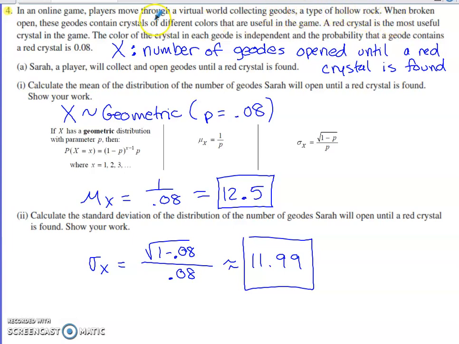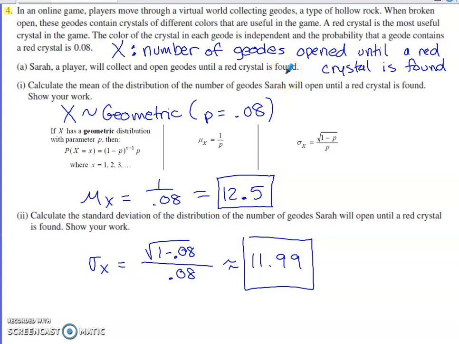When they open these geodes, they're going to contain crystals of different colors that are useful in the game. A red crystal is most useful in the game. The color of the crystal in each geode is independent, and the probability that a geode contains a red crystal is 0.08. So Sarah's a player in the game, and she's going to collect and open geodes until a red